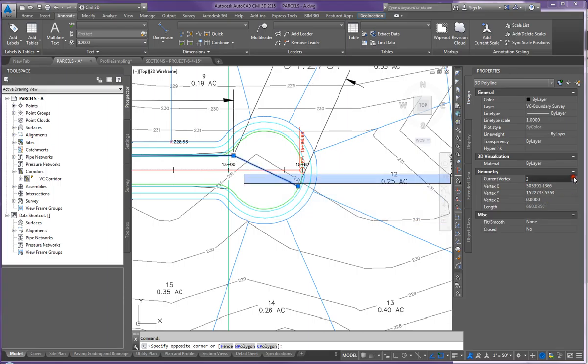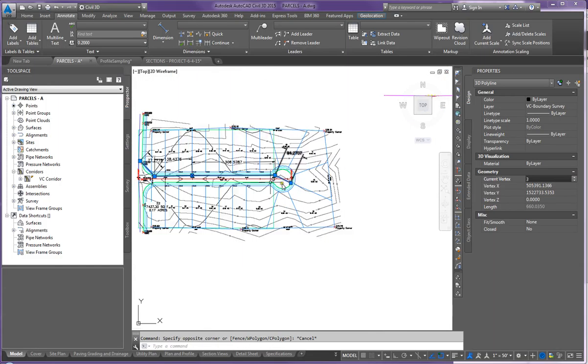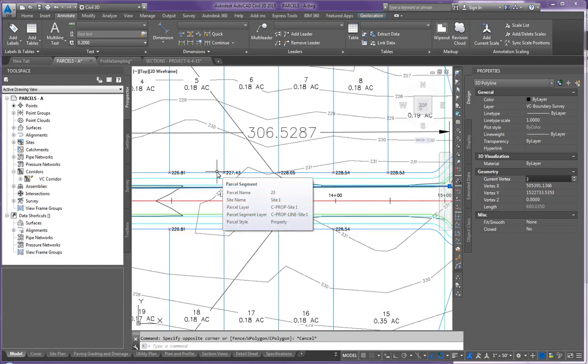Now I'm going to go to vertex 3. That's going to be 306 feet away, so I'm going to subtract 306.52 times 0.005 from the 224.67, and I'm going to get